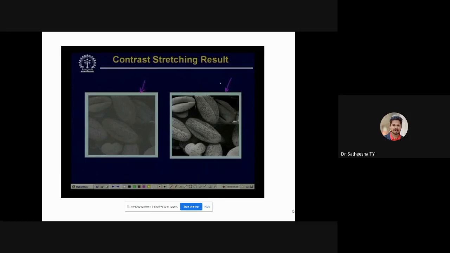Totally it is 256 different intensity values. But in the original image, if I have a minimum intensity value of say 0 and a maximum intensity value of say a few thousand, then because the dynamic range of the original image is very high, my display device cannot take care of such a high dynamic range.